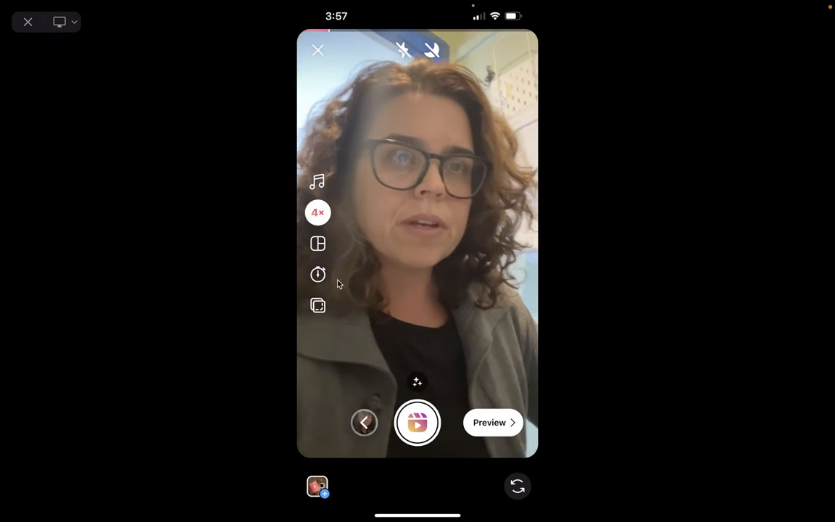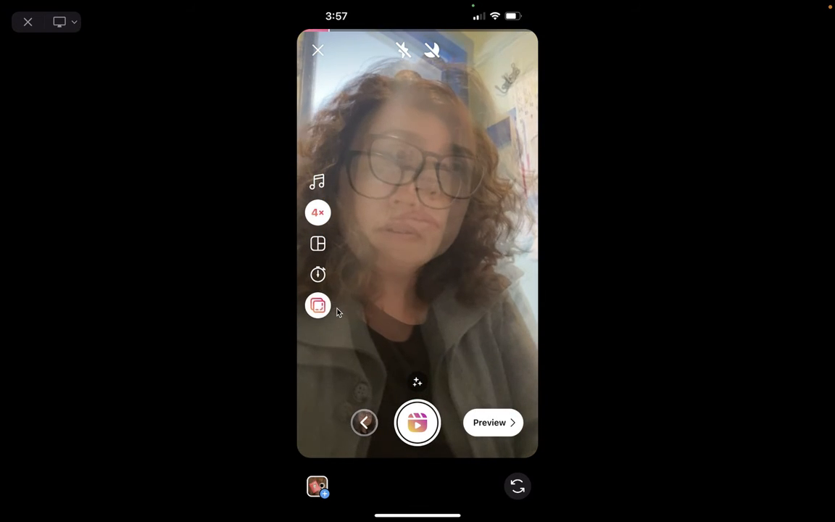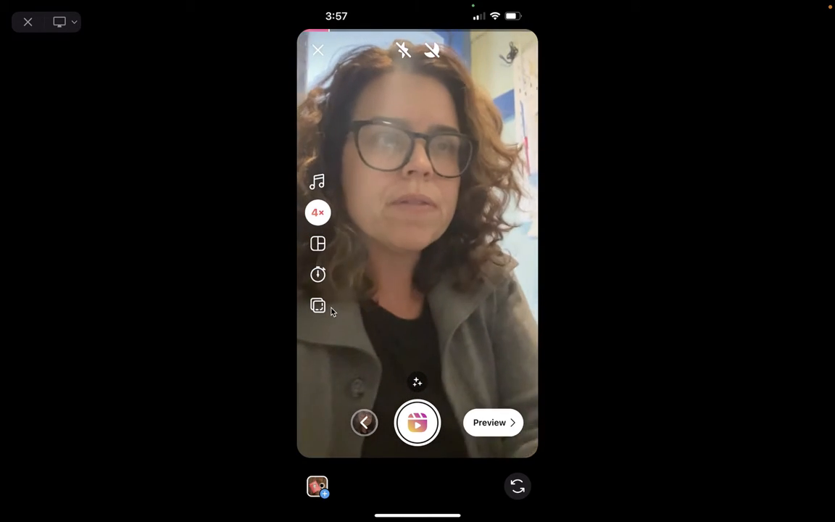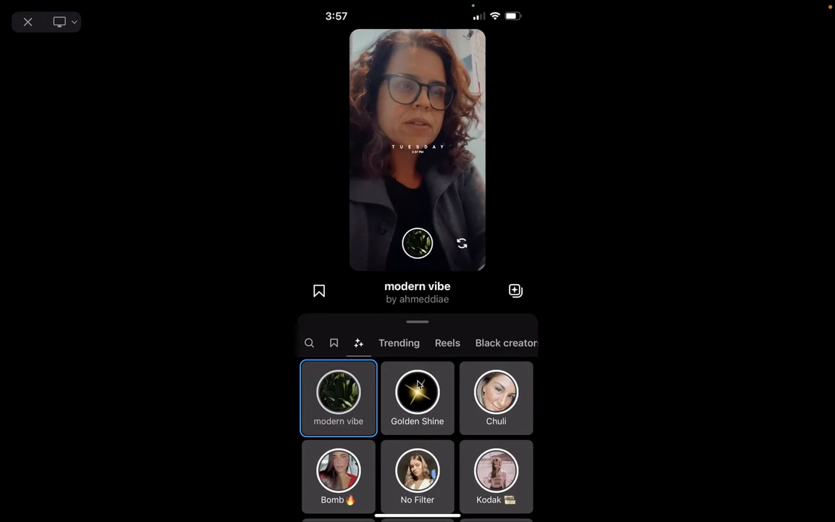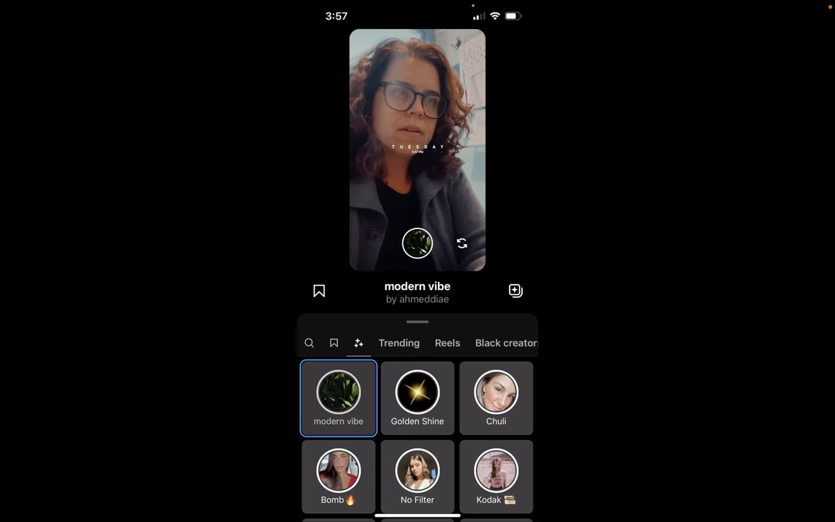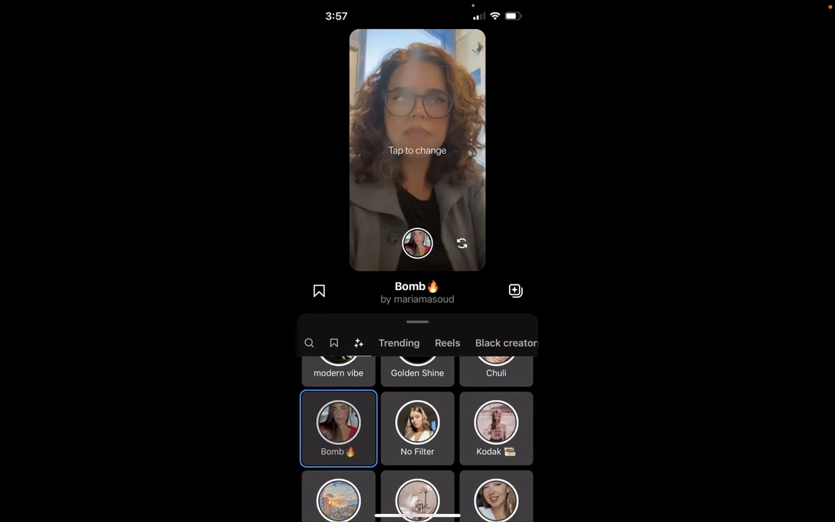From this screen here, now, what is this? Ooh, that's a new one. I hadn't seen that one. From here, if you wanted to, you can actually add filters. So you see these little stars. I can add different filters to the content,